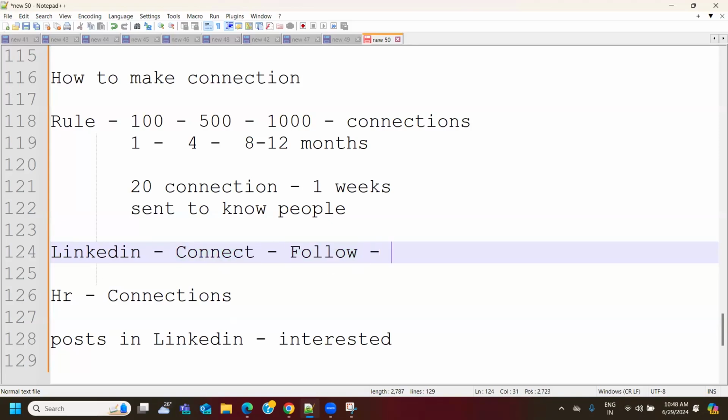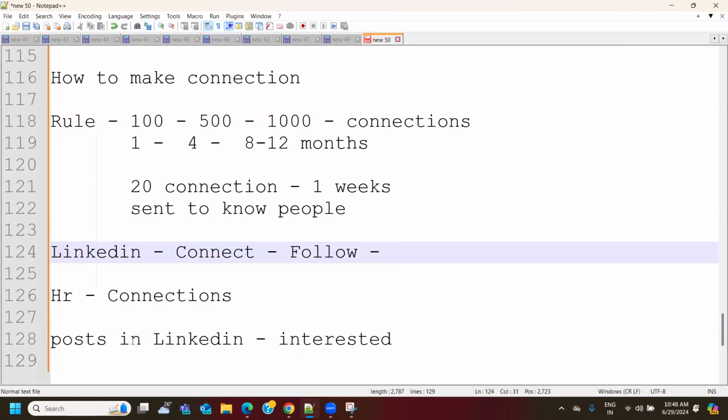Follow is used for people who are CEOs, CFOs, founders, maybe Indian government officials, high level employees. They will never accept a request. Their profile is open, so they have a follow option. The connection request is still there, but they'll never accept a connection request from random people. So always make sure you are sending a connection request first, and it will automatically send a follow. For people like CEOs and CFOs, it is only the follow option.